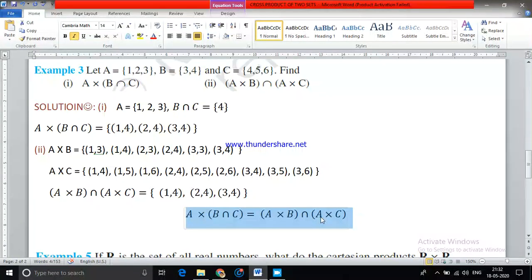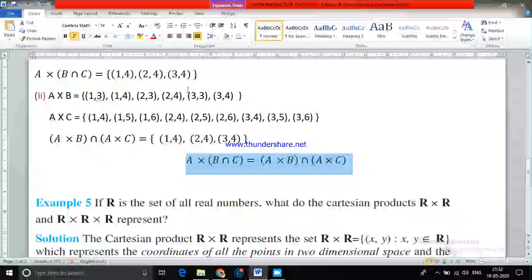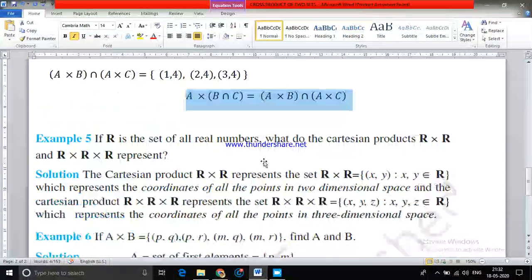In the previous classes we said if you want to prove a property is true, you cannot give an example. But I know this property is already there. You will get it maybe in the next class or further. We are just giving the introduction here. So this property is already true, and that's why I am not using the example to prove it. As it is showing the results are equal, I explained it here.